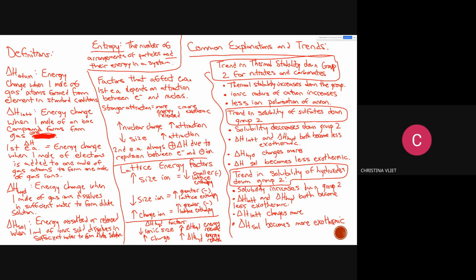Both factors become less exothermic, but one changes more than the other, which changes the equation. Like whether delta H still becomes more or less exothermic at the end. So both factors become less exothermic, but one changes more than the other. Is the idea. And as I said, I would do sulfate with high,